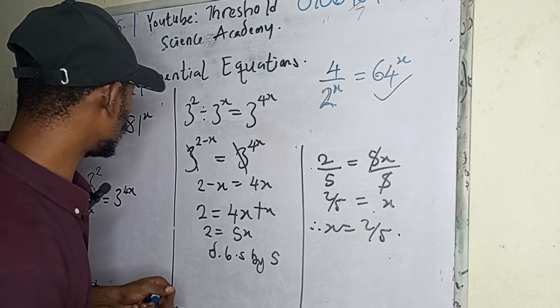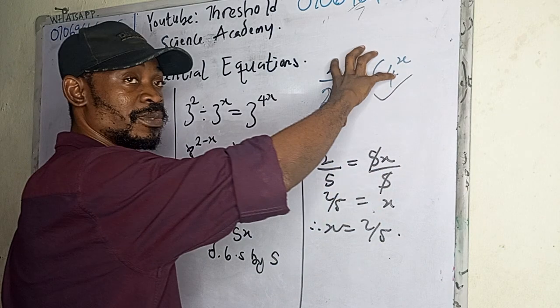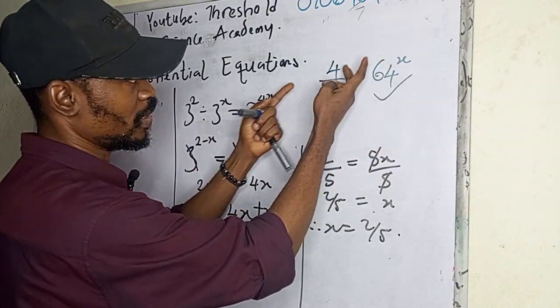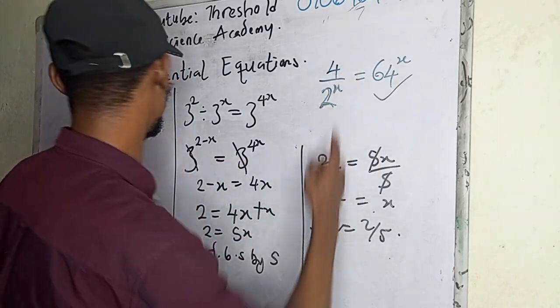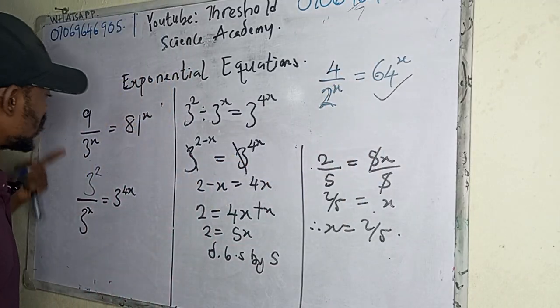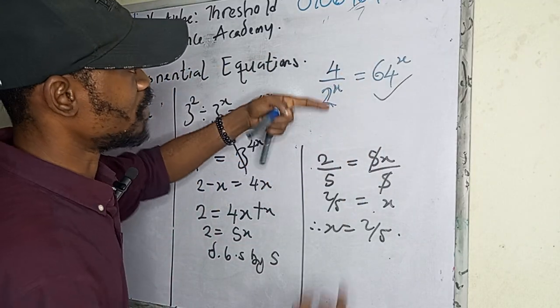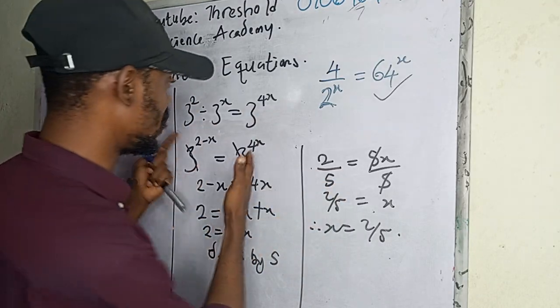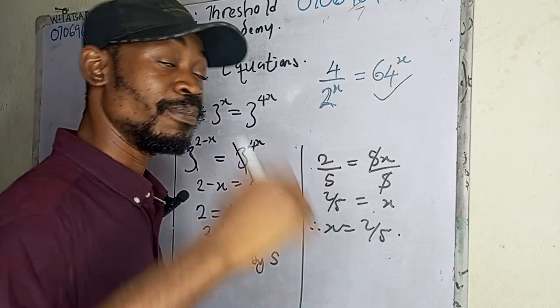All right, so use the same method to solve this particular one. First of all, express each one of these terms in base 2. Each one of them can be written just like this was expressed in base 3. All of these can be expressed in base 2. Just follow the same process all through this particular question to solve this one, and then put the answer in